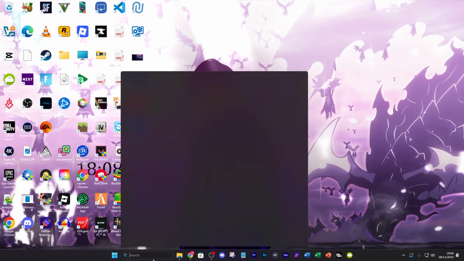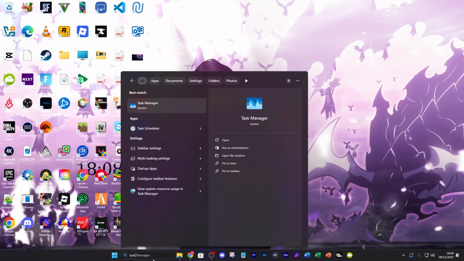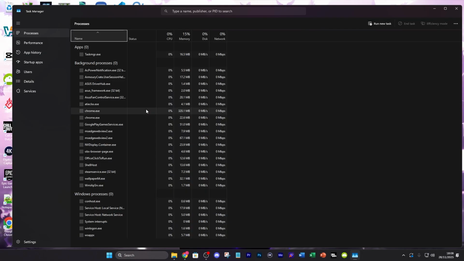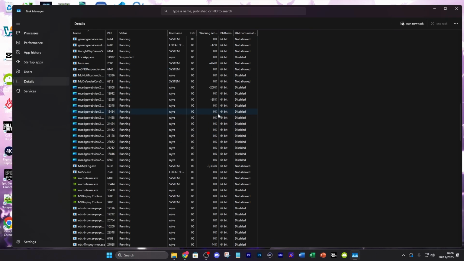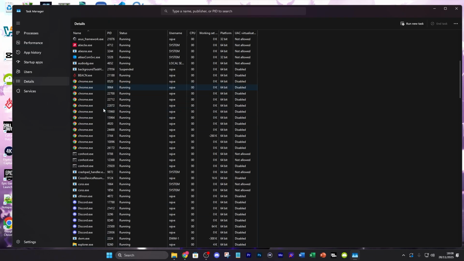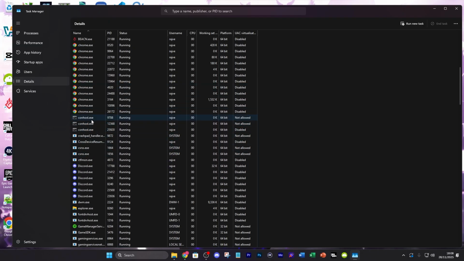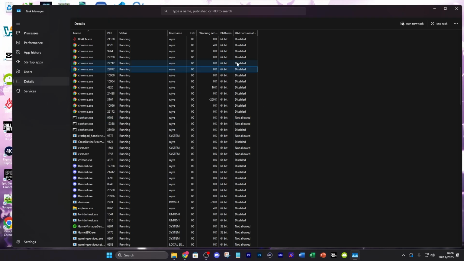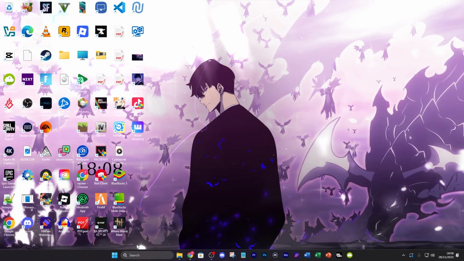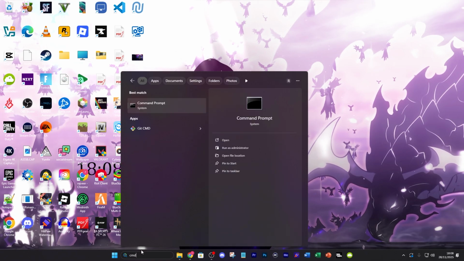Now, let's say it's not opening. This could be due to a bug. So what you want to do firstly is go over to your task manager like so. And all I want to do is go over to details. And then what I want to do is try and find CMD. Once I find it, all I got to do is go ahead and right click on it and then press end task. If it's not showing up, however, what I could go ahead and do is type in CMD like